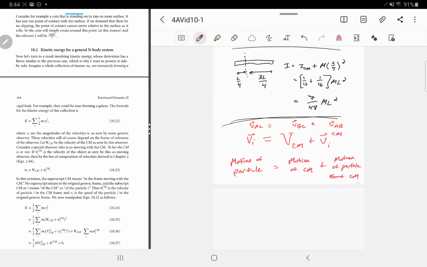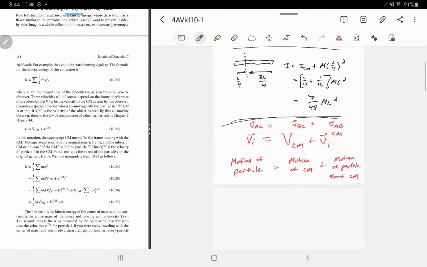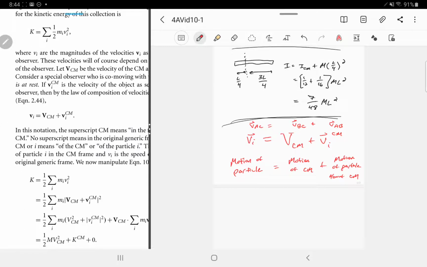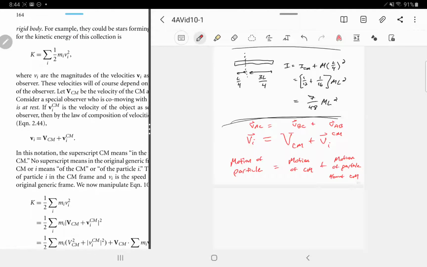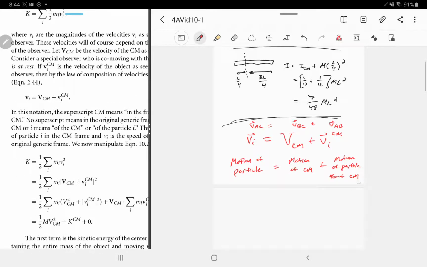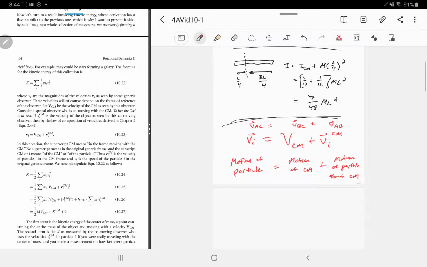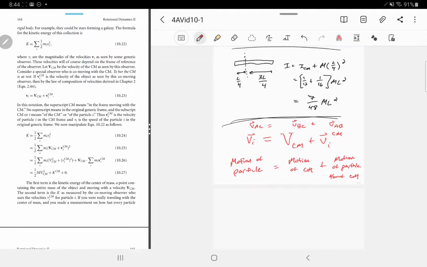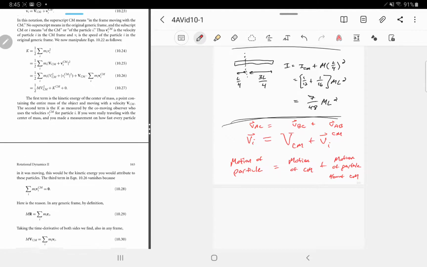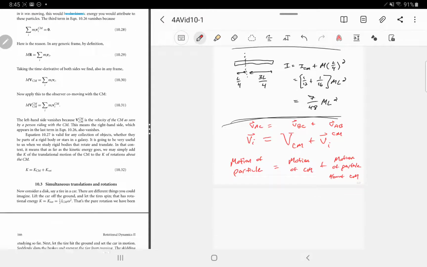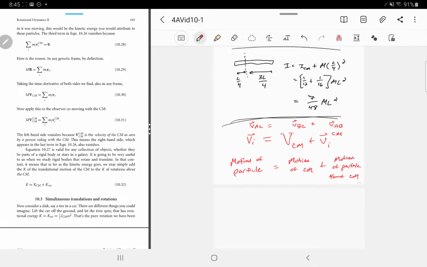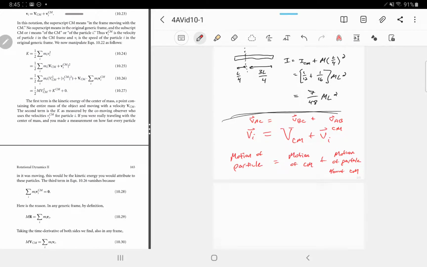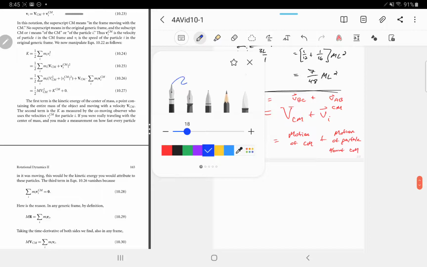Your book writes that down and follows the logical consequence of that. It plugs that into the kinetic energy equation, just writing the speed in the frame. So this thing, 1/2 m this velocity squared, as a sum of those other two terms squared. He shows that this cross term actually cancels out, and there's a little bit of discussion about why that cancels out. But the result is that you can take the total kinetic energy,